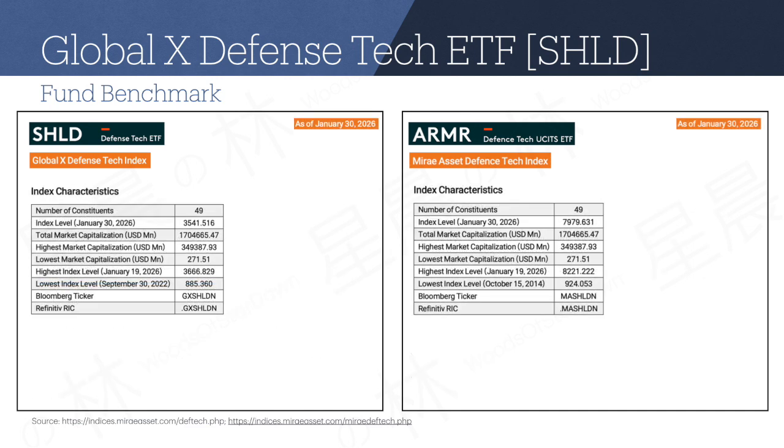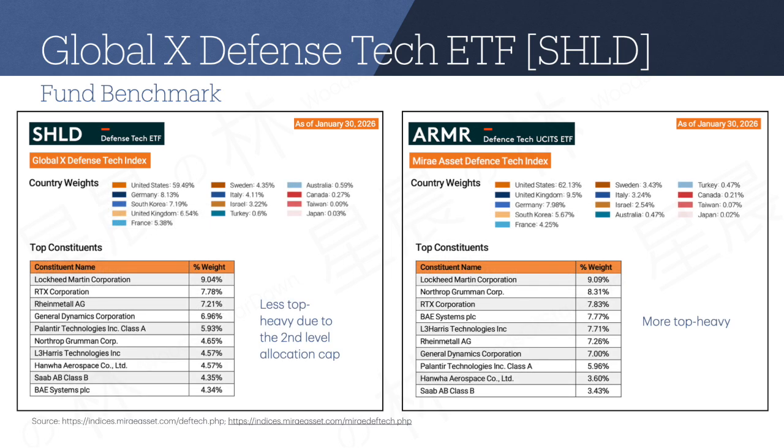As the scope of the investment and stock selection process are identical, both indices logically would have the same stocks selected, and in this case, both currently have 49 constituents. However, because of the second level cap in the Global X Defense Tech Index, the resulting allocations across the stocks end up slightly different. It can be seen in the top 10 list that Mirai Asset Defense Tech Index is